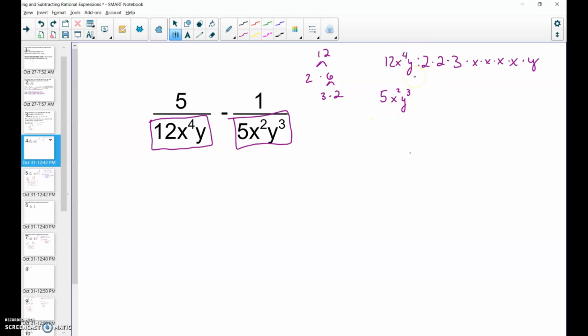Then I'm going to see the second one here. My prime factors of 5, it's just going to be 5 because that's a prime number. Then I'm going to list all of my variables individually. Okay, so right here I have all of my denominators with prime factorization. So I have them all split up. My new denominator,